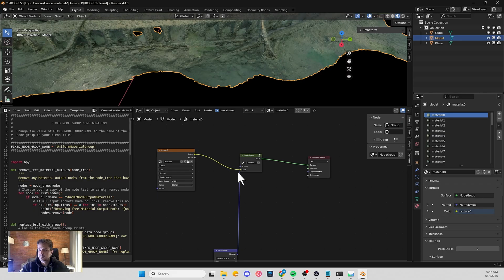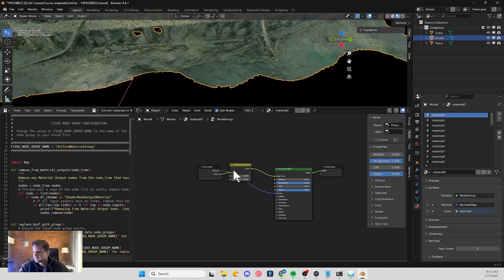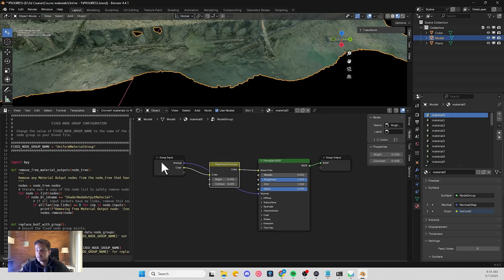You see, there were two nodes right here. Right now, I have only one. Now, groups are ways to replicate a node setup across different materials. So, what it means that this node group over here facilitates my BSDF node. Those you remember, the basic information about the material, brightness, contrast, and then you have those group inputs